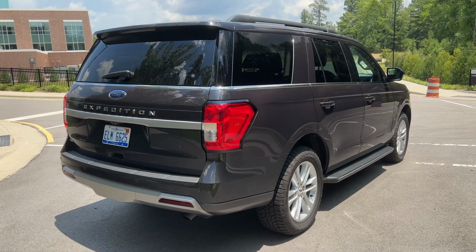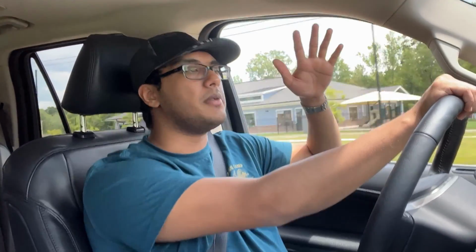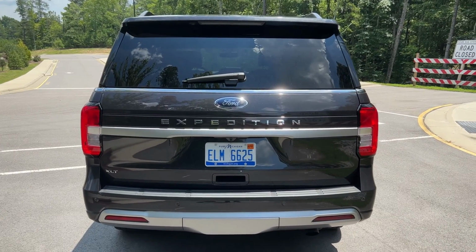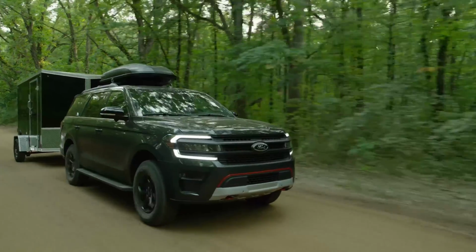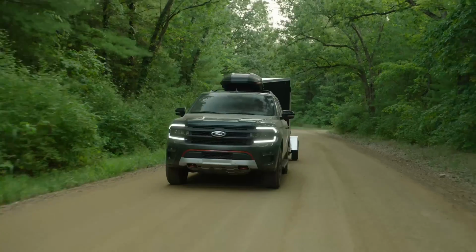Well, you can get a lot of the European vehicles as well. You can get things like the Audi Q7. The BMW X7 is going to be a little bit more money, closer to 80 grand, and the Mercedes GLS is going to be 90 grand. But those are European vehicles, very prestigious. But I get it. If you're shopping for this, you might not want that prestige and the attention that comes with it. But the Audi Q7 is pretty impressive. I mean, that thing tows like 7,700 pounds, and it's going to be ultra smooth, ultra quiet. And for 70 grand, that's going to be